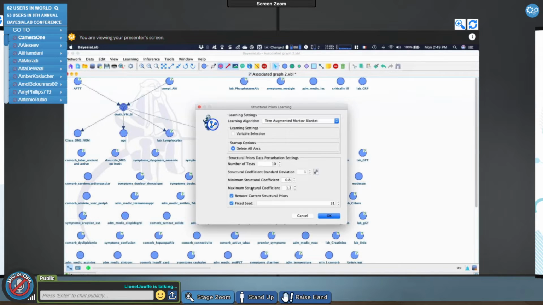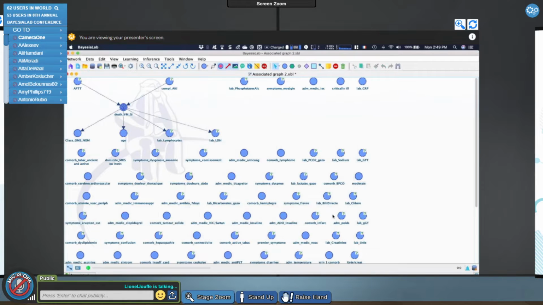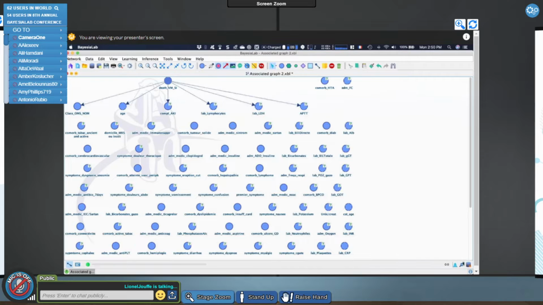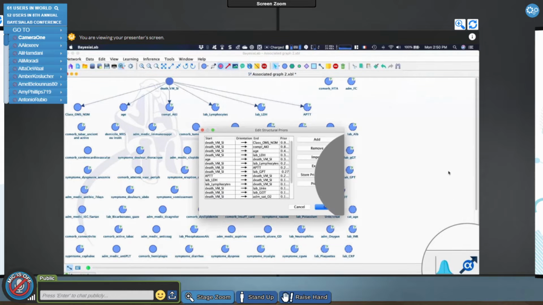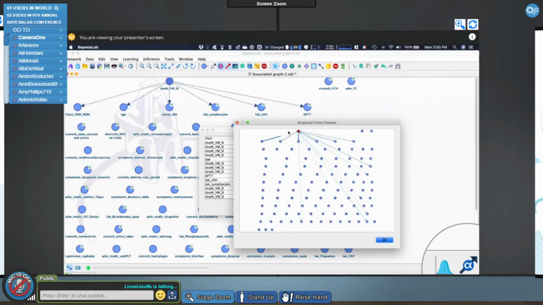So by doing that, I'm going to be able to perhaps increase the complexity of my network, but at least to have something more reliable. And as you can see, the structure is slightly less complex here because I don't have any more these structures. And I can click on this icon to have access to my structural prior.